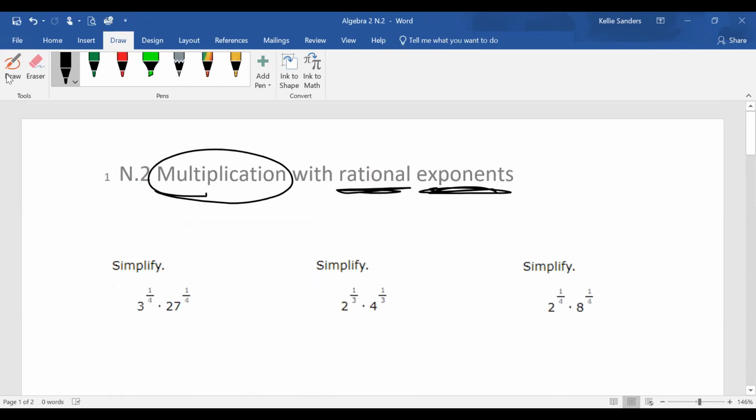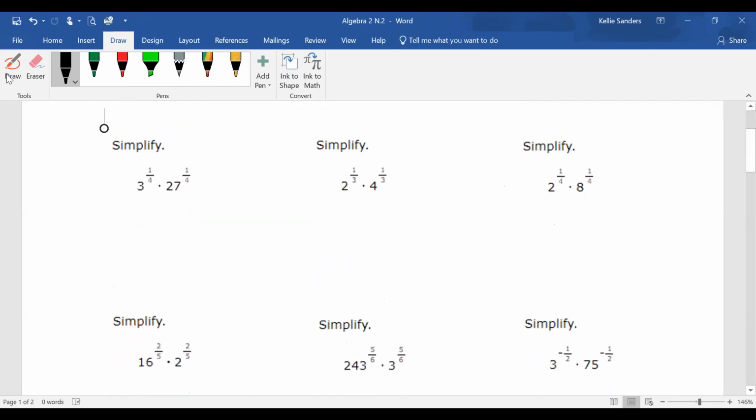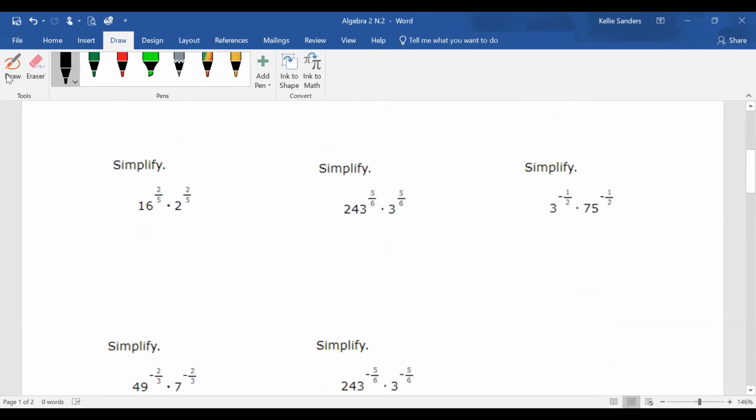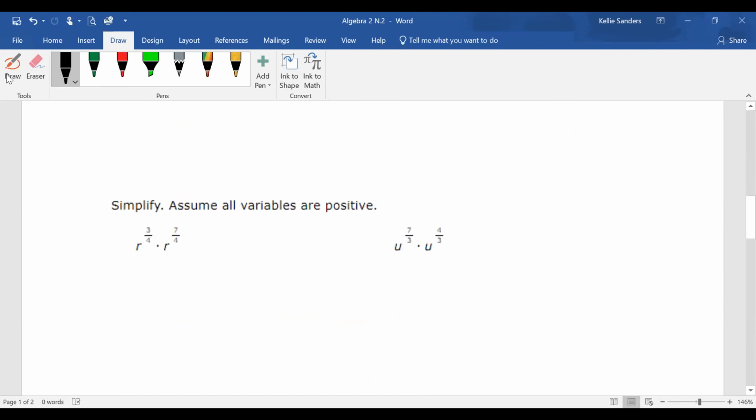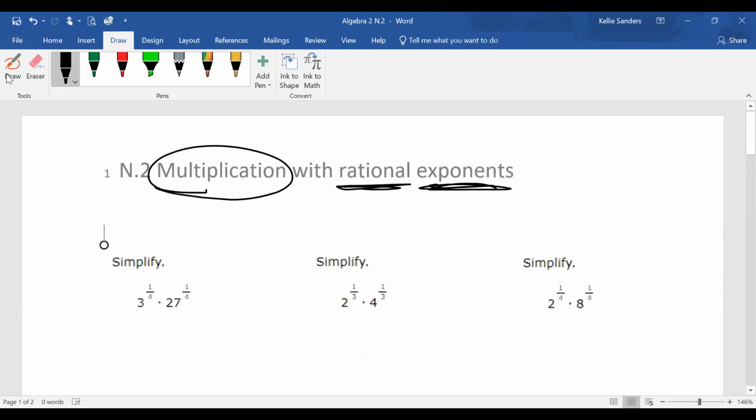Okay, I'm going to make two different points. I'm going to show you one way of doing it whenever you actually have numbers, and then I'm going to show you a different concept when we have the same base. So let's go back here. So on this,